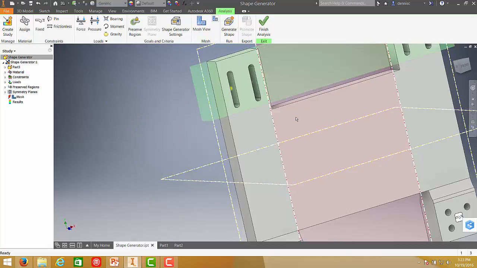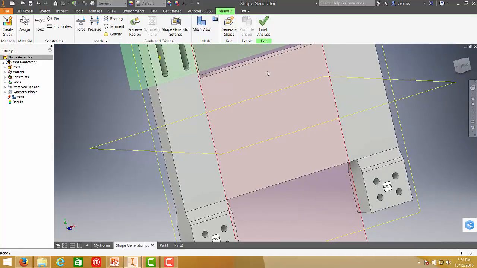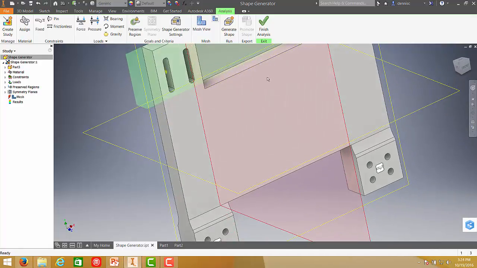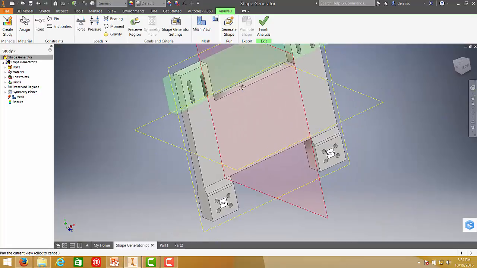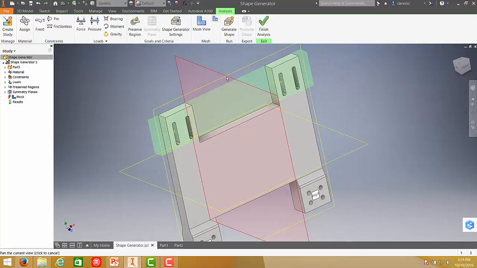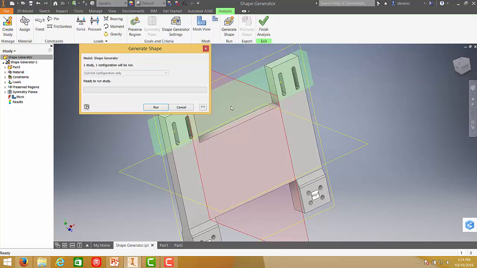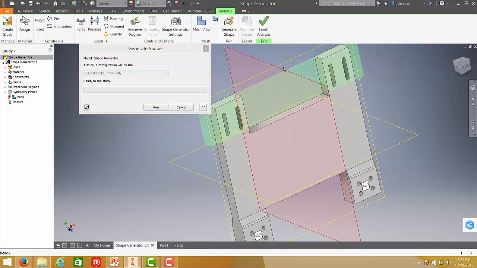So the shape generator settings doesn't prompt me anymore, so it accepts my settings, and then I'll just have to generate the shape. This will take around 10 to 15 minutes of computing.